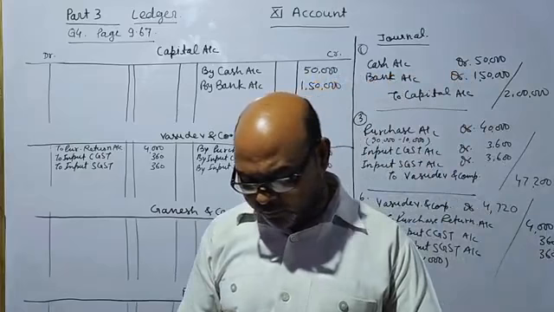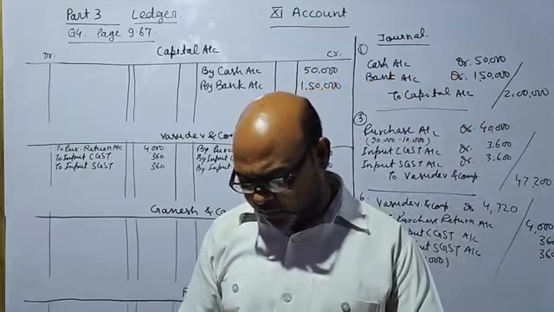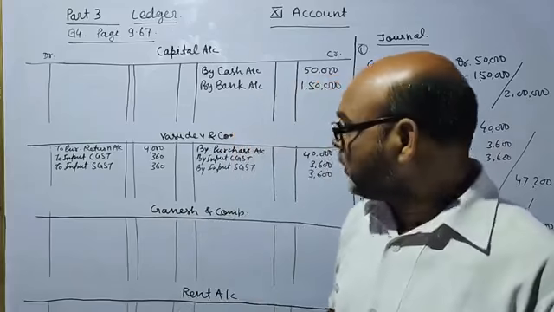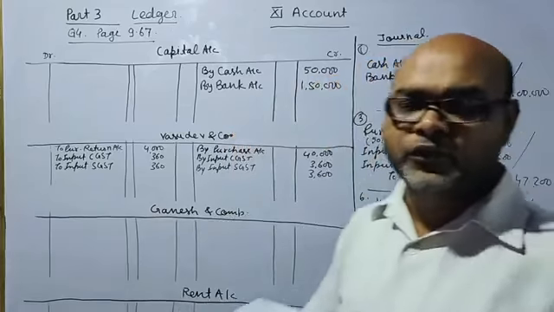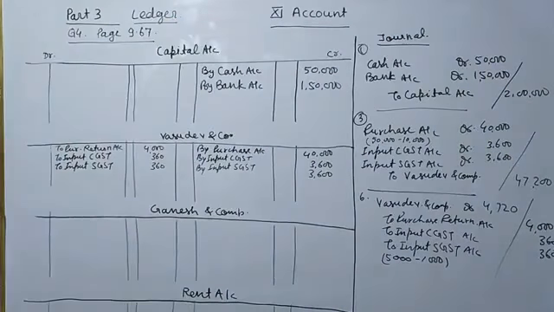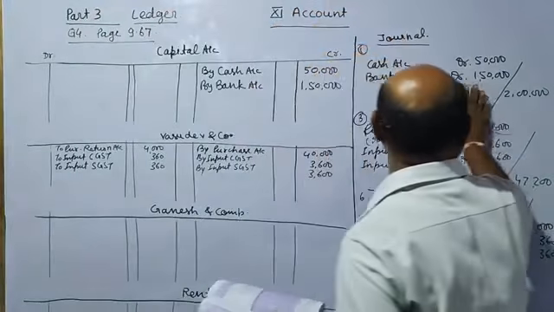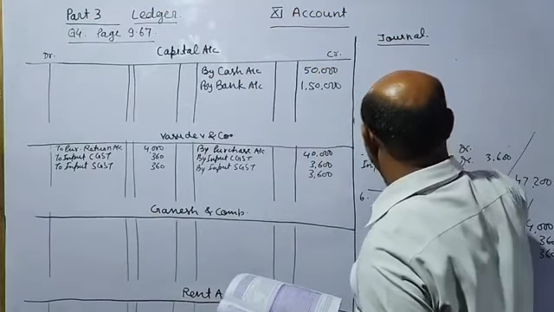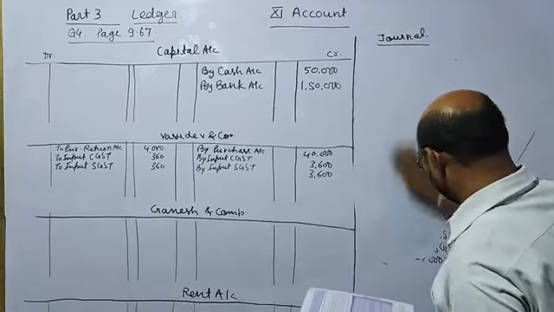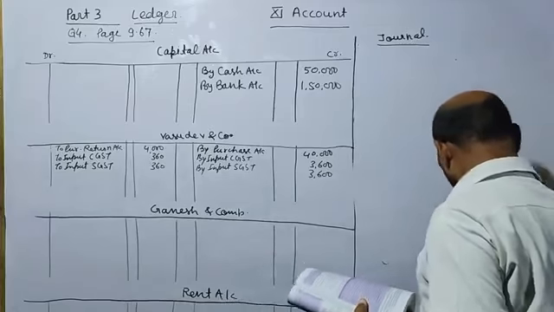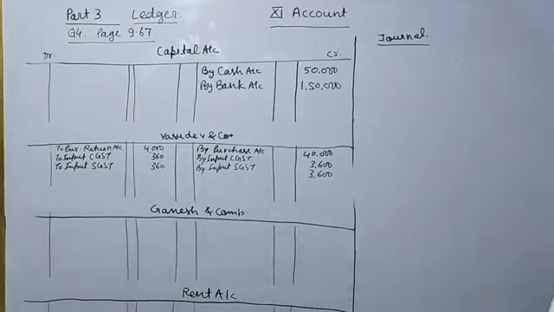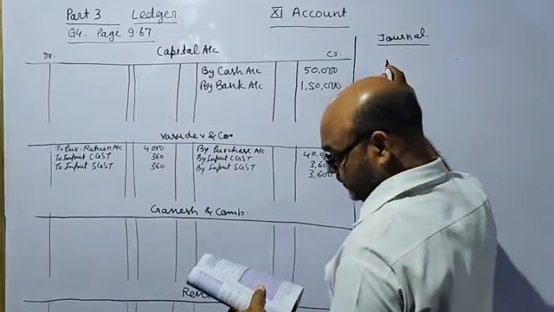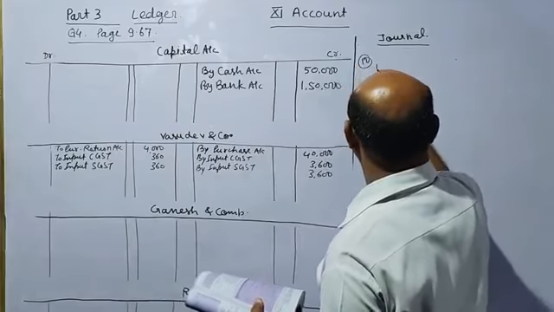Issued a cheque to Messrs Vasudev and Company in full settlement of their account. So you make the payment to Vasudev and Company in full settlement. You have made the full settlement. So here there will be discount also. So Vasudev and Company debit to bank account, to discount account. Date 12.